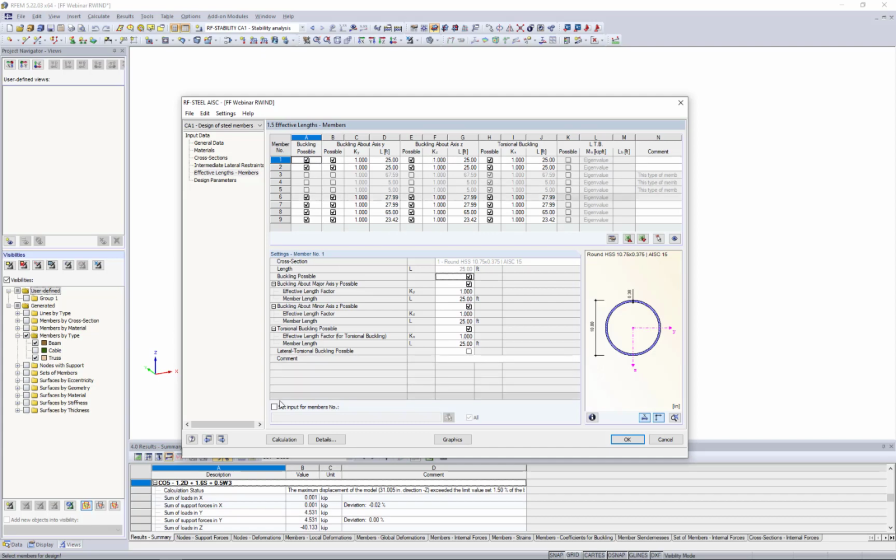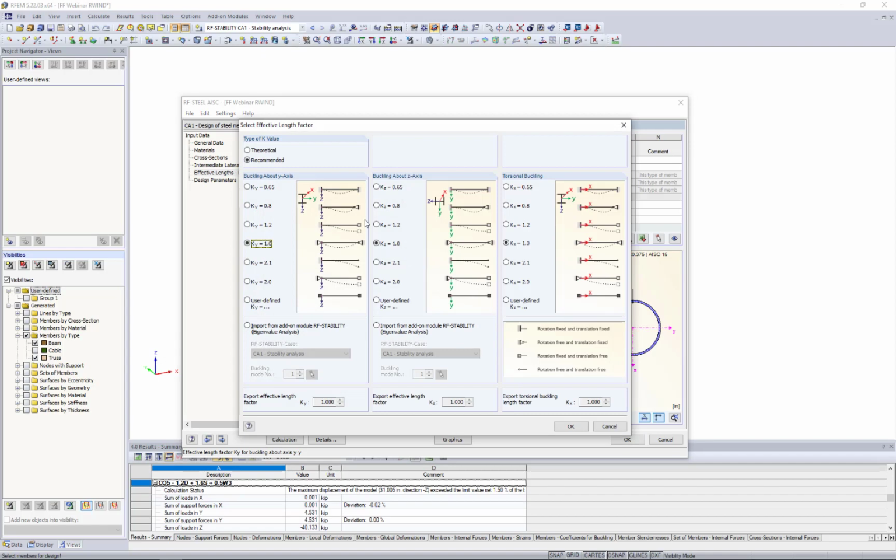What the program allows us to do is integrate with RF-STABILITY. So we can set the input for all members here, and we can choose the effective length factor for the strong axis. I select my 3 buttons here, and again, these tables should look pretty familiar. This is what we would find within the AISC standard, but instead, I'm going to import from RF-STABILITY